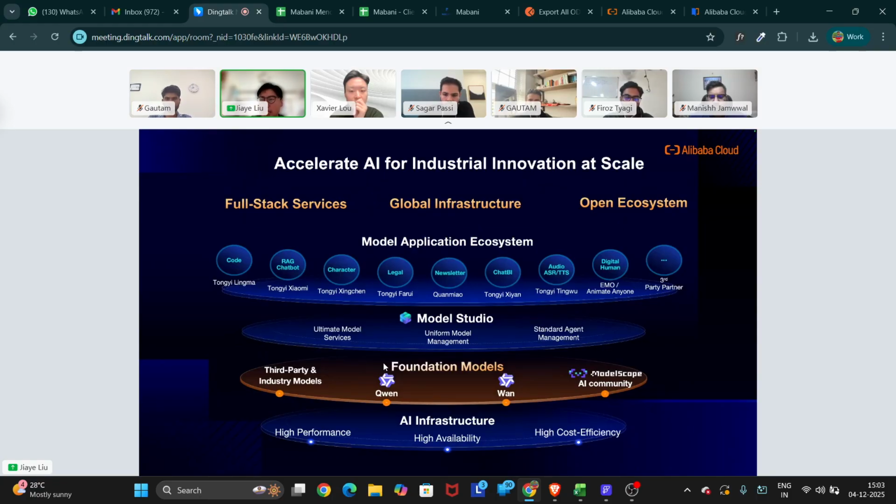So customers can easily build their RAG knowledge base and call the LLM models, also the models based on the knowledge base. So, for example, from this slide, I think what we can interpret is that we provide the AI